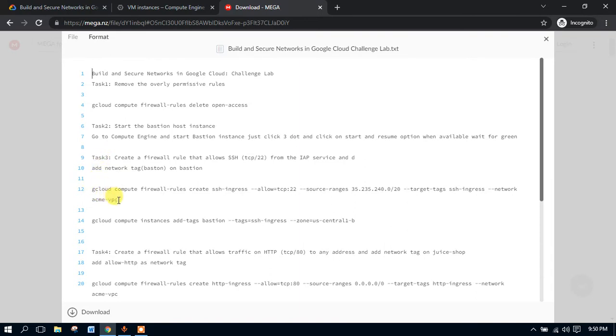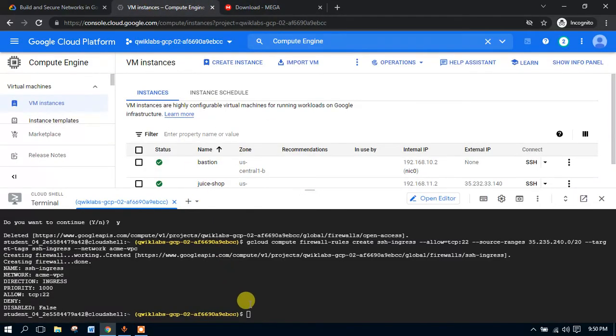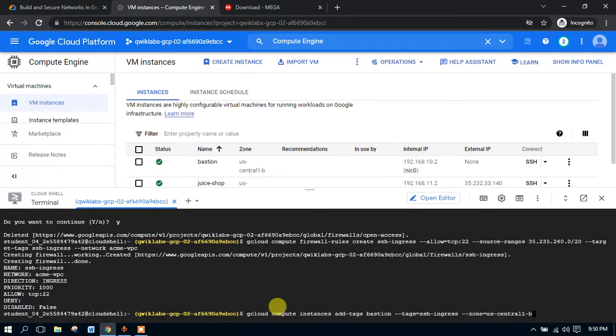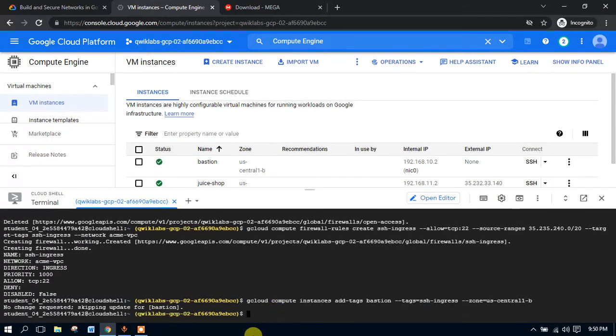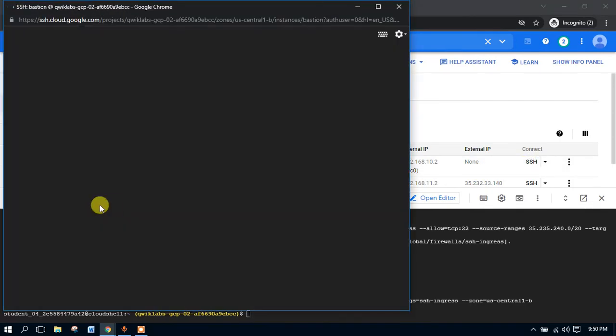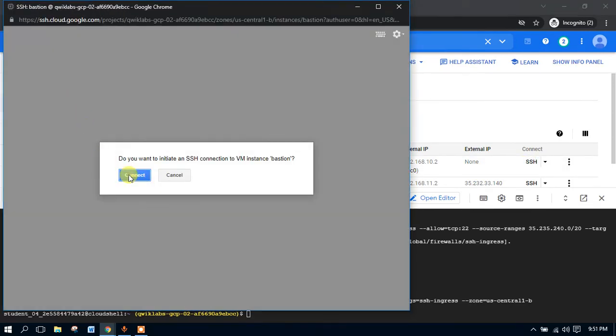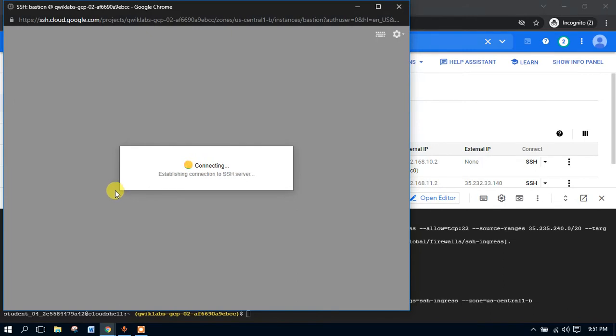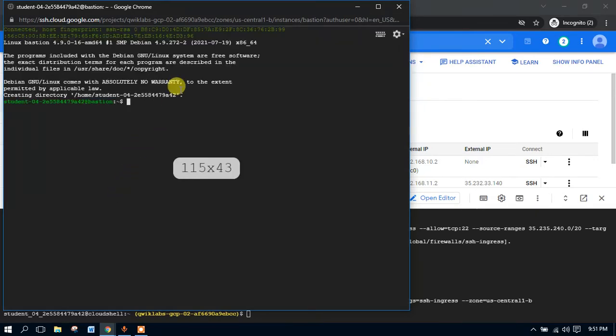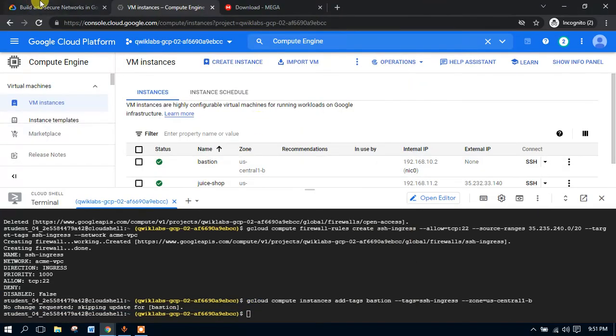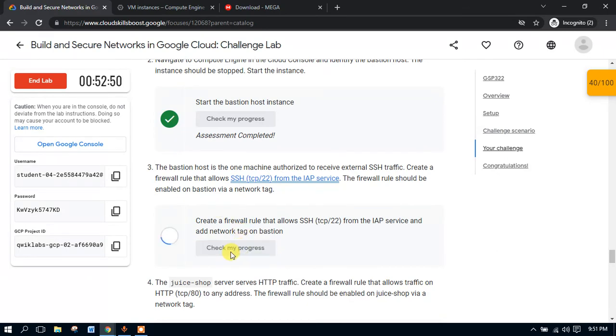We have pasted this code. Now I will copy this code line. Once copied, yeah, it is done. Paste it here, press enter, and now it is done, I think. Let's check it out. Click on the SSH button next to this and click yes. It must connect. If it does, then great, everything is fine. So we can check this button, it must work.